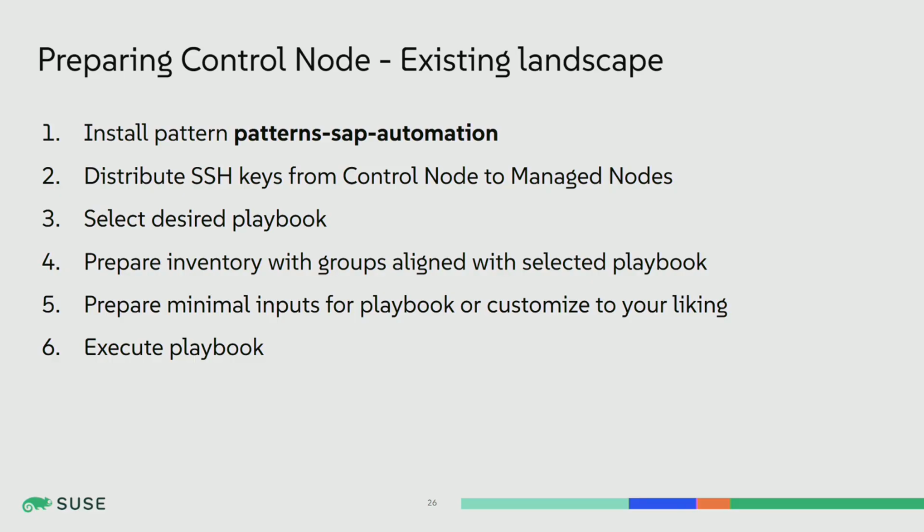This is different because when you run for an existing landscape, you don't need to do this, of course. You have your own servers, so you just need the pattern itself, and you need to distribute SSH keys. That's it. That's your starting point, and everything else that you run is all based on the playbook you selected and the variables that you provided. So the main difference here is you just need to distribute SSH keys and create an inventory. Otherwise, everything is the same, and you don't need to provision, you don't need to set up an environment. You can do it like that.